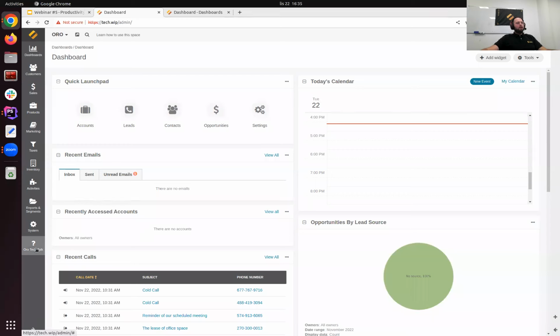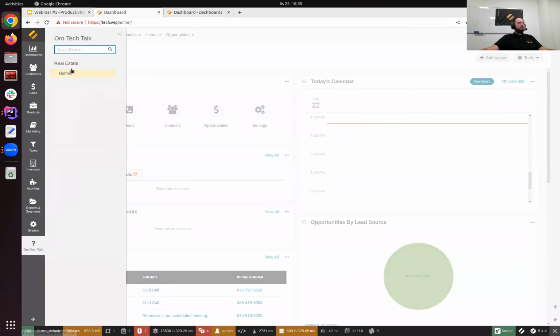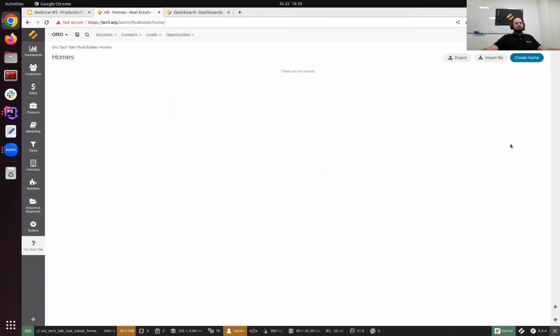And there we go. We have a new navigation menu here, and there is the name of the package and the homes. Now this index, there is nothing in the data grid yet. As you can see, we have the import and export buttons already. We can create it. There's only one field, like old wooden house, for example. Save it,